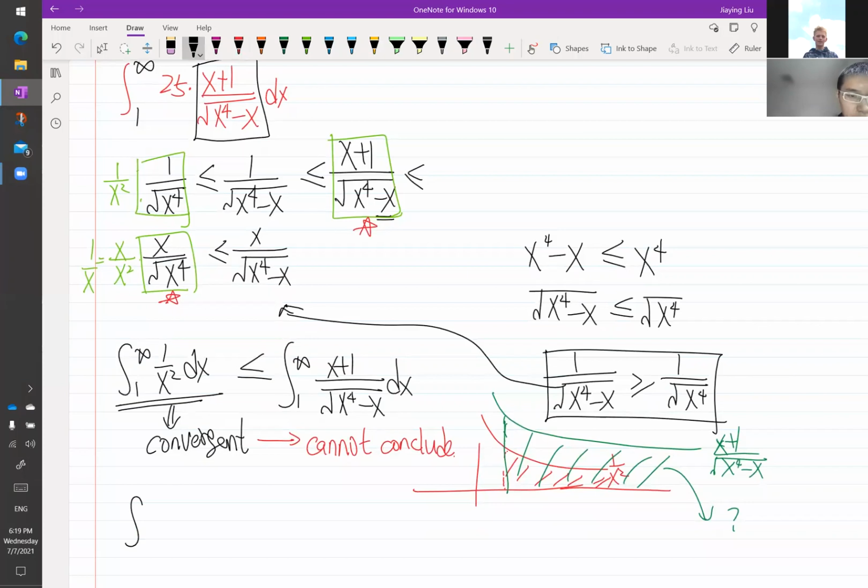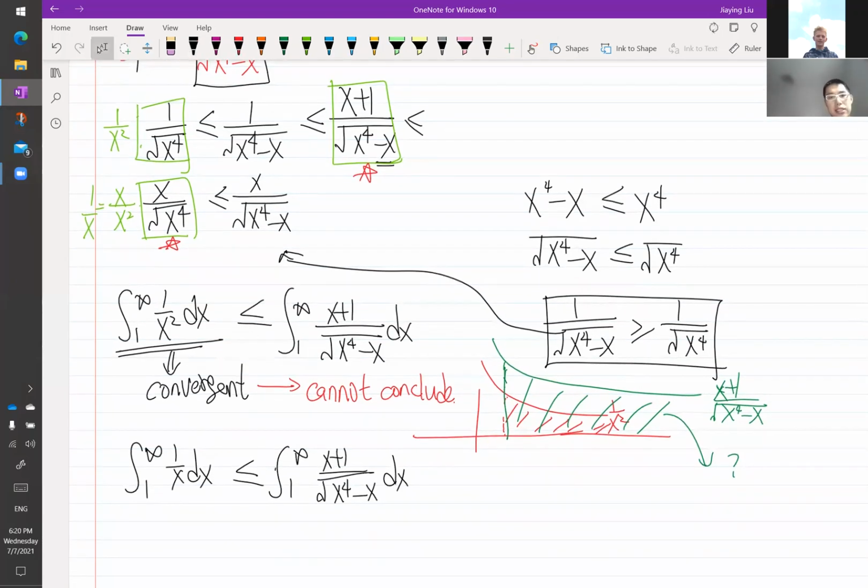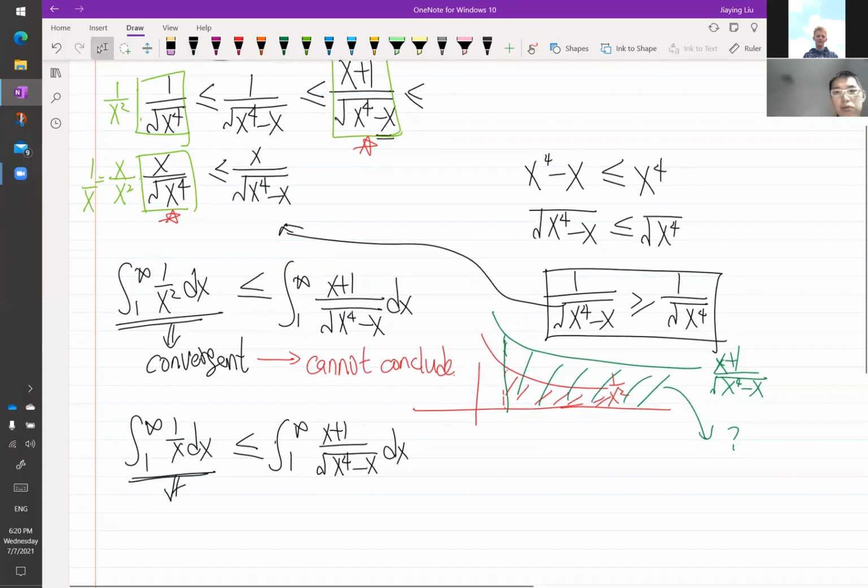So what about this one? This integral from 1 to infinity of 1 over x dx is also going to be less than or equal to the integral from 1 to infinity of x plus 1 over square root of x to the fourth minus x dx. We know that because the function is always less than the function in the integral. But this one, if you remember that,